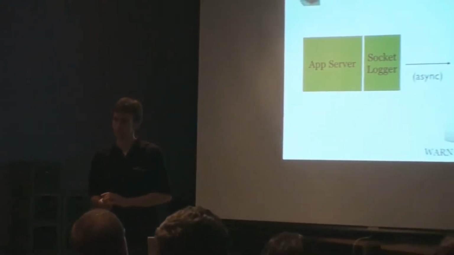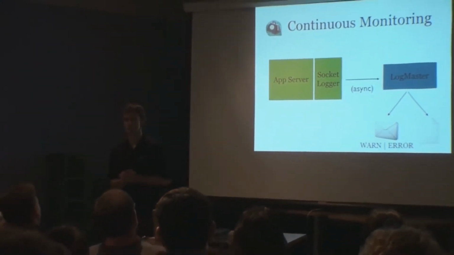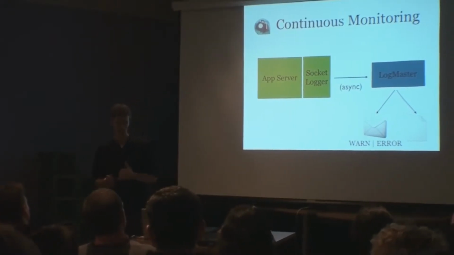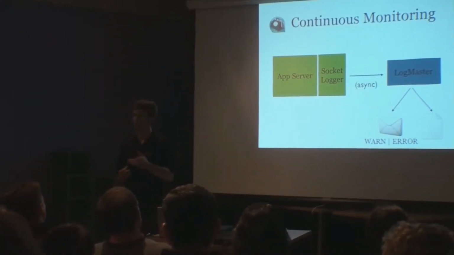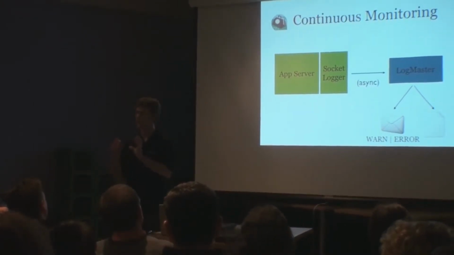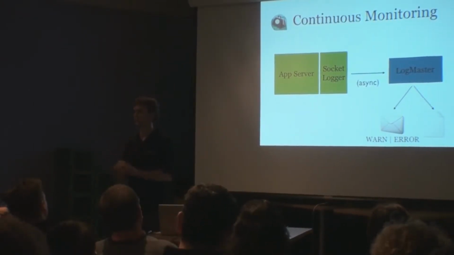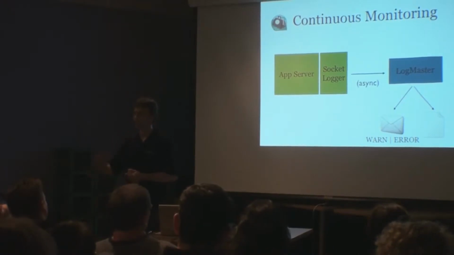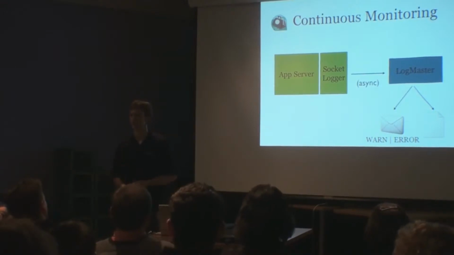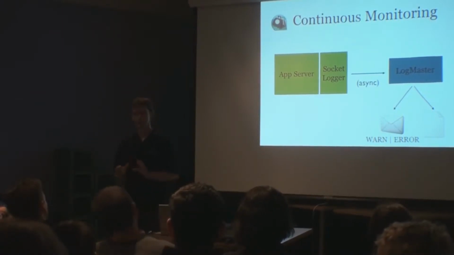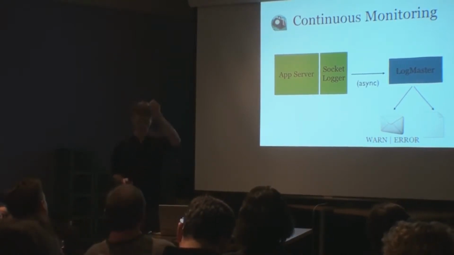So one thing that we do is all log messages that are produced by our system of error or warning status are routed to a socket asynchronously. We have a daemon running on each app server, and it emails out to the support team what that error is. So as soon as there is a log failure within our system, we know about it. And that I found has been hugely valuable. A lot of systems I've worked on in the past,